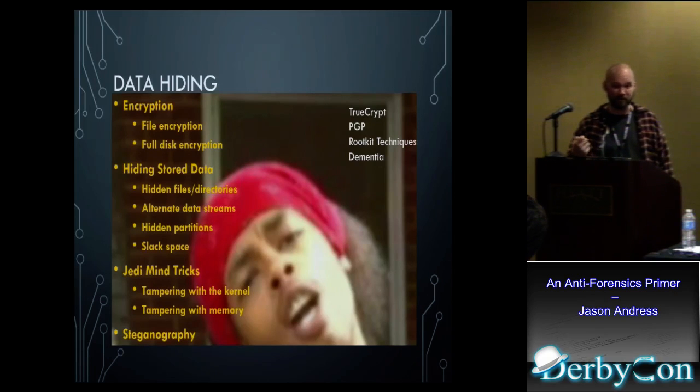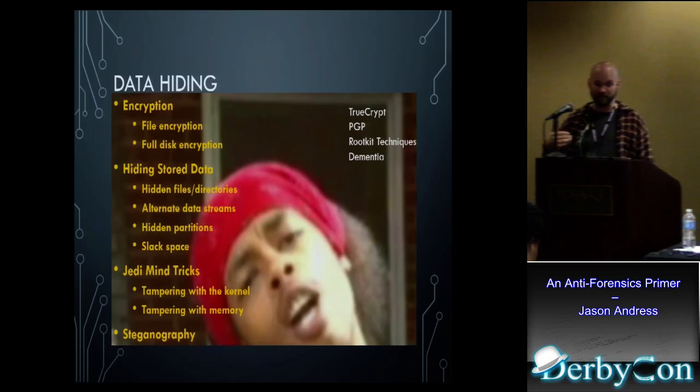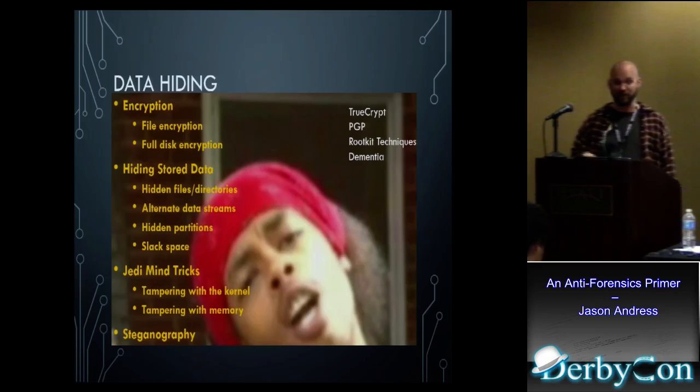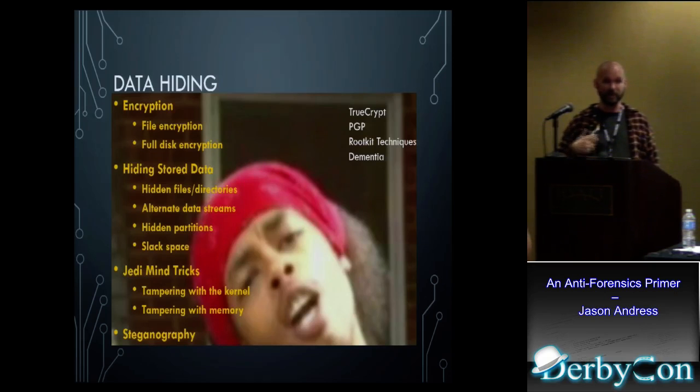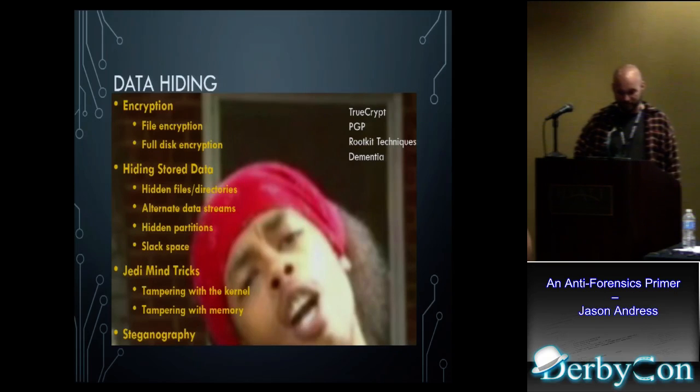If you go look for full disk encryption bypass methods on Google, there's stuff out there that'll get past TrueCrypt. Usually involving going and fetching the encryption keys out of RAM on a machine when you find it up, but you can get past it. Hiding shared data. I won't talk about all these individually. Most of them are relatively useless in the sense of hiding from forensic tools. Most of the common stuff that you can do, the tools know how to bypass really easily.